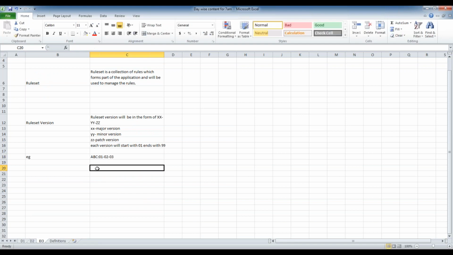Here ABC is the rule set name, so this is the rule set, and 01-02-03 is the rule set version. Here 01 is the major version, 02 is the minor version, and 03 is the patch version.